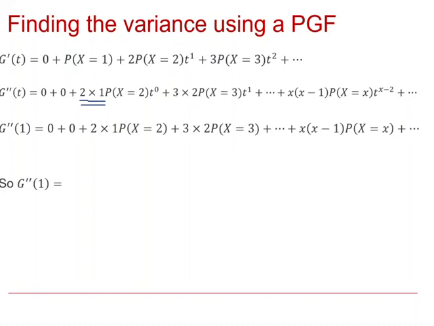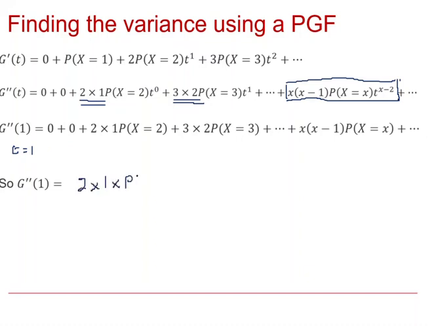And rather than having 3 multiplied by the probability x equals 3 multiplied by 2t, I have put the 2 at the front there multiplying the 3, and the general term we get in this particular summation is this term here. If you've written a few more out and differentiated yourself, you will see that pattern very clearly emerging. And if we then substitute t equals 1 in there, we are going to get the expression here, 2 multiplied